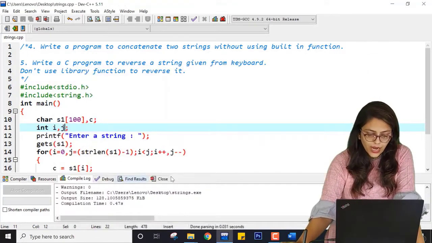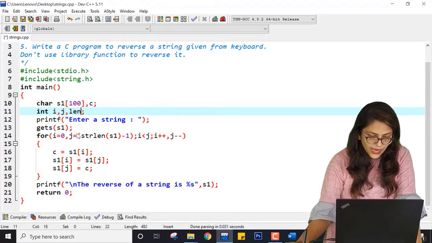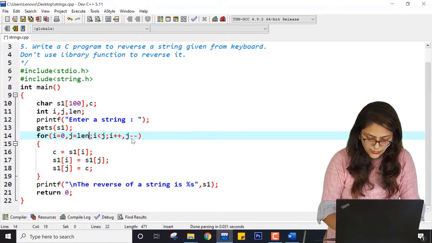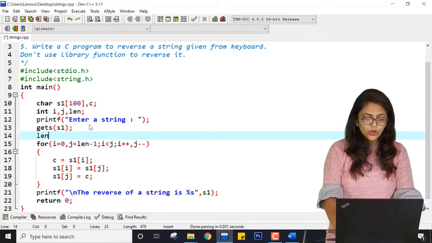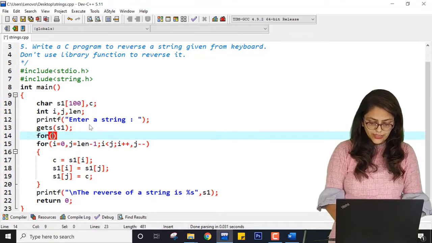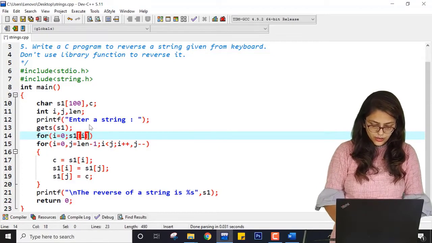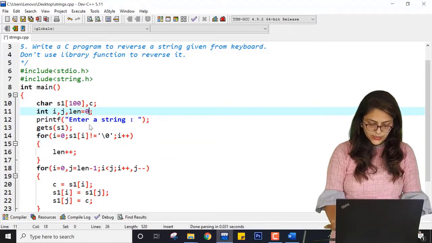So either you can write strlen or you can write a variable len, and instead of using this, use len minus 1, that is length minus 1. And what will be len? You can write it without using a string function: for I equal to 0, S1 of I not equal to null, I plus plus, and then here do len plus plus, and initialize this as 0.